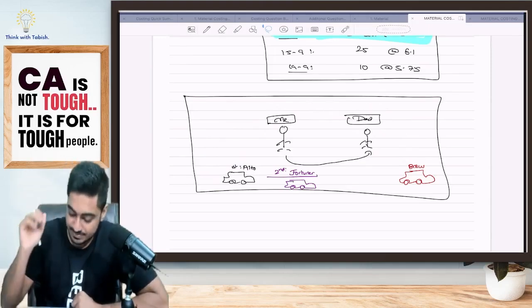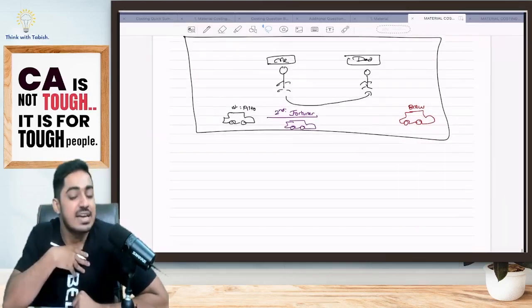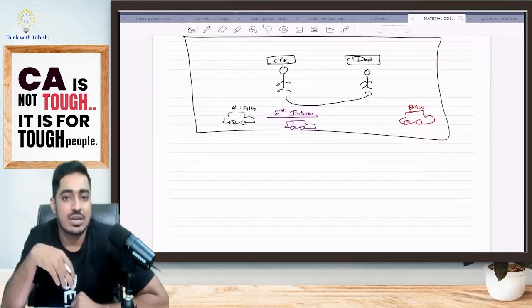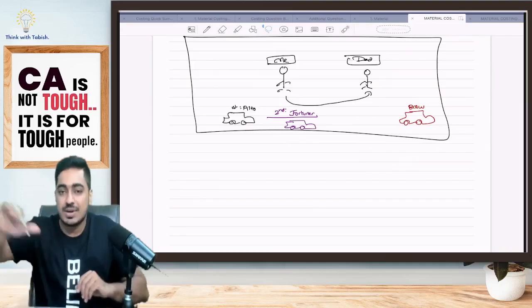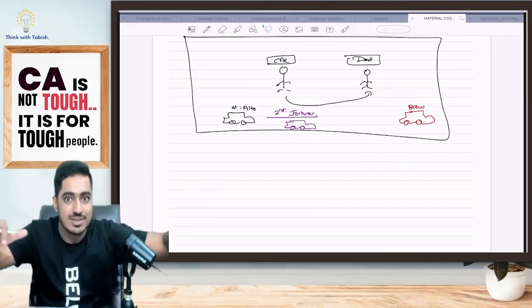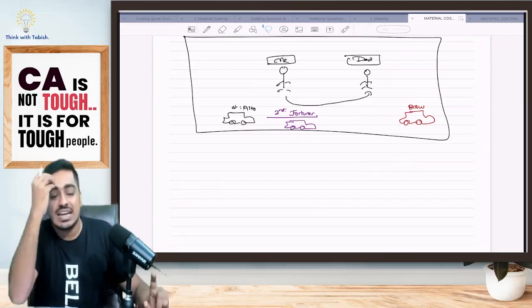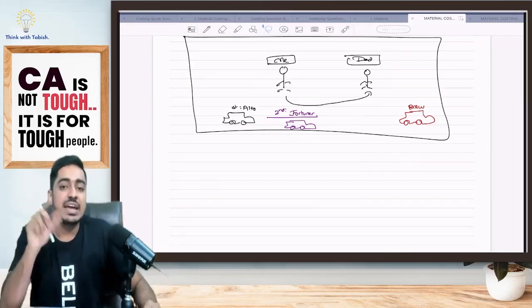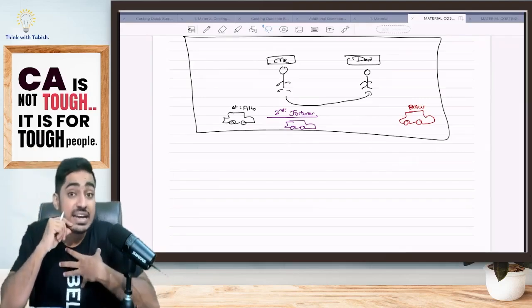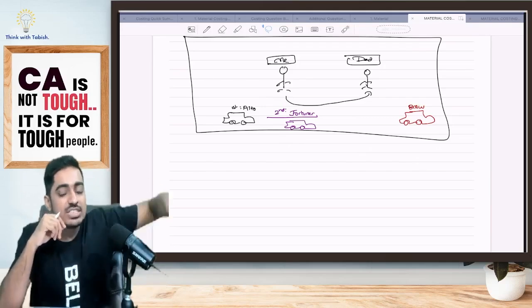Is this clear, everyone? Now I decided, I am having 2 cars. What will I do with 2 cars? Can I keep one leg in one car, other leg in the other car and keep going? Not possible. So I decided, let me sell one car. Which car did I decide to sell? I decided to sell my oldest car.